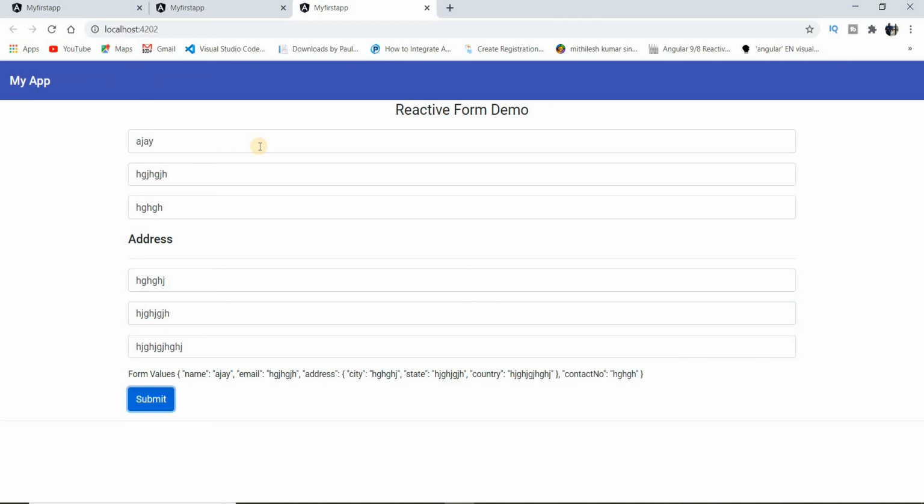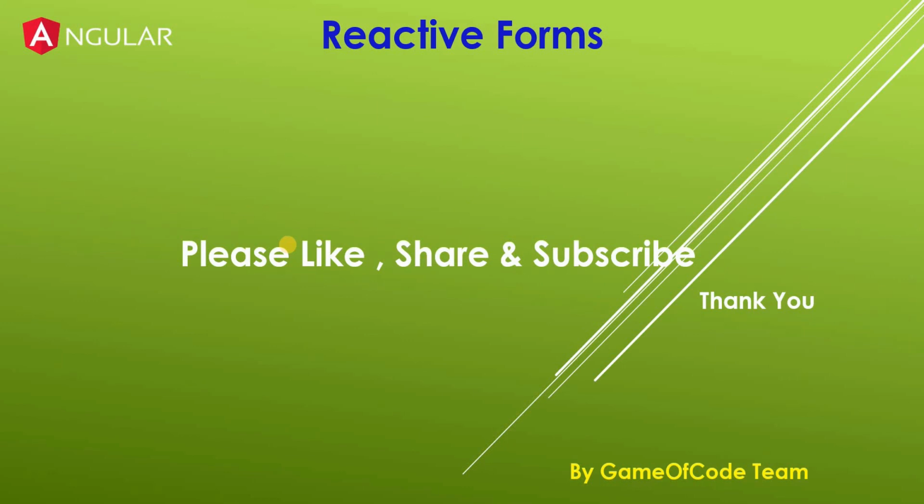So friends, today we learned about reactive forms, and we discussed different approaches, like how we can use the form group and how we can use the form builder service. My next video will be on validation, where we will learn how to create a validation for any control, like required field validator or email validator, or some custom validation, or how we can create a custom message for each control.